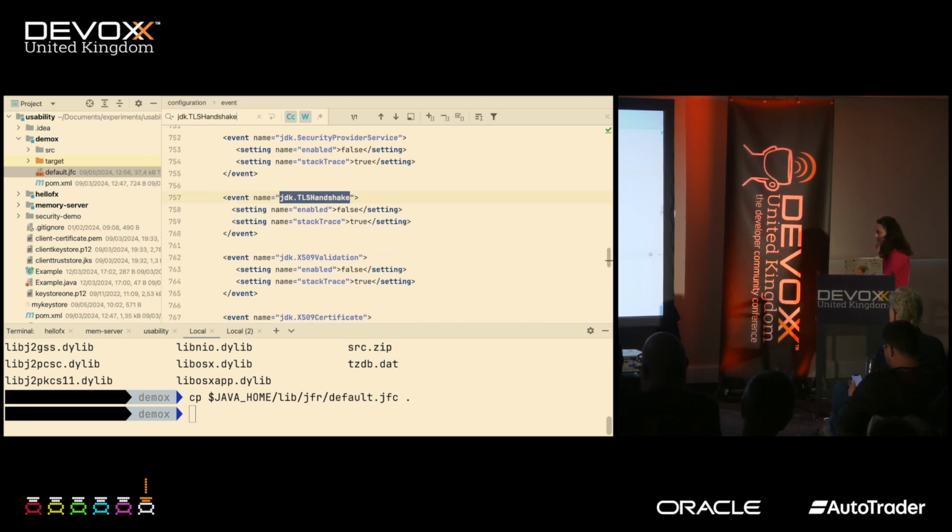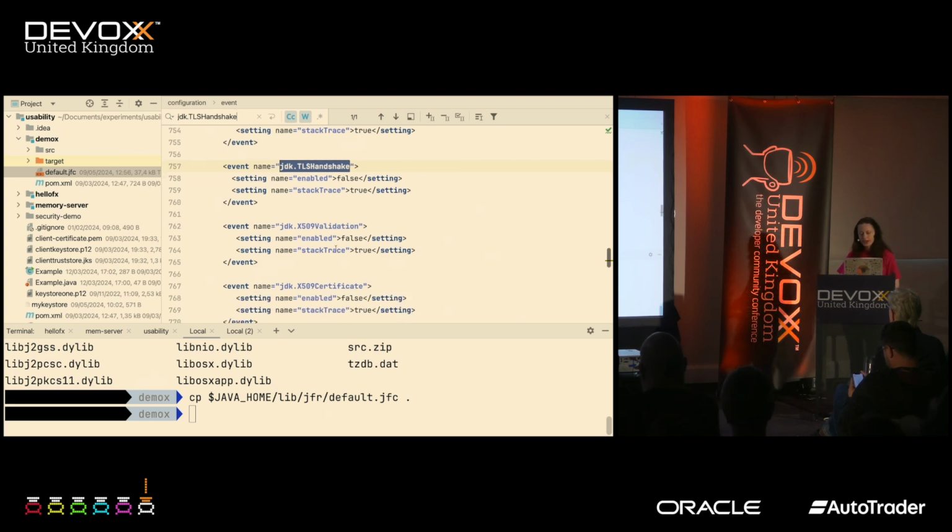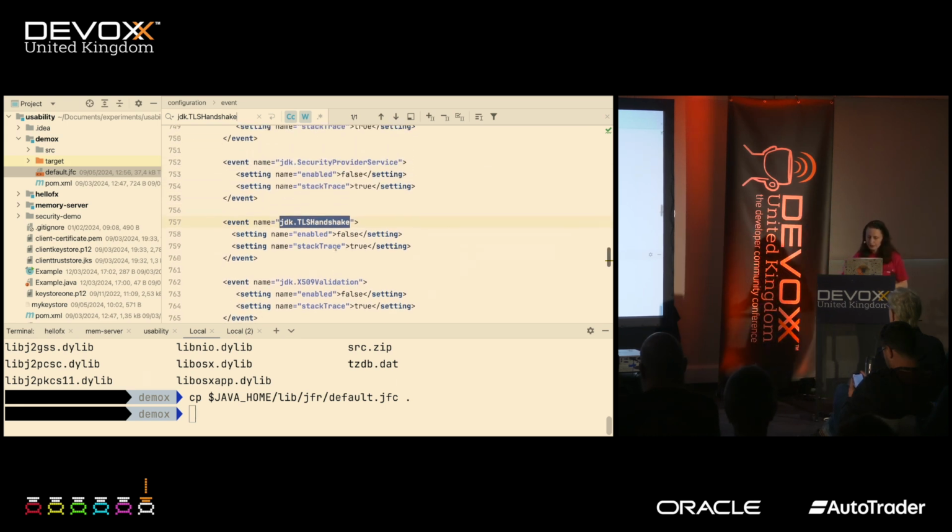So among the security properties that were available starting with JDK 12 was JDK TLS handshake, which was telling you if a successful TLS handshake was negotiated and what was involved in that, disabled by default, as you can see here. There are two events concerning the details and validation of the X509 digital certificates, and they were also disabled by default.